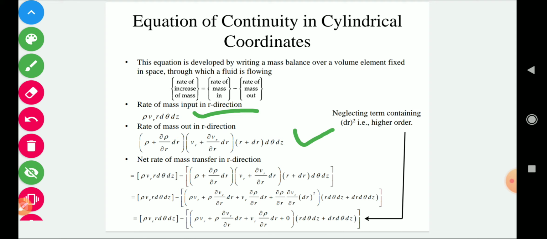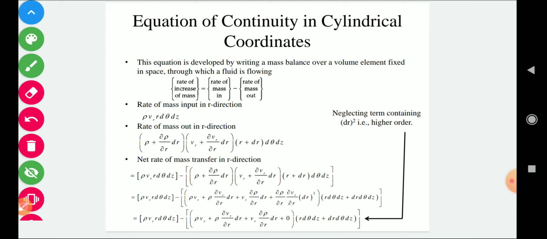Now the net rate of mass transfer in the r direction will be equal to the rate of mass in minus the rate of mass out. If we open these brackets on the right hand side,